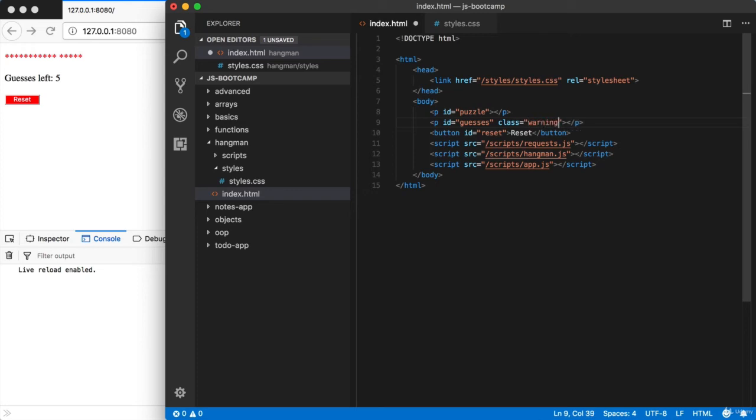I'm going to add warning. If I wanted another one, I could add that after a space, second class, for example. That was to just demonstrate the syntax. We're just going to have one class for this one. Now down below, for the button, we can add the same class to the button as well. Class equals warning. Now that both of them have the same class, let's go ahead and save the markup and